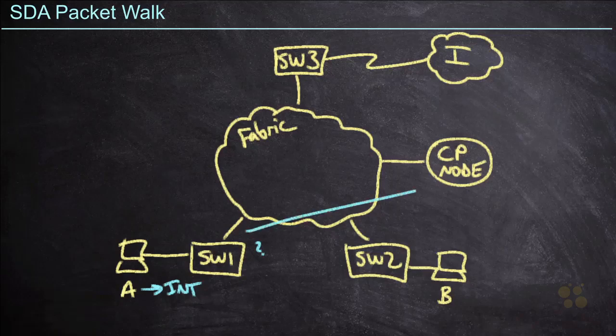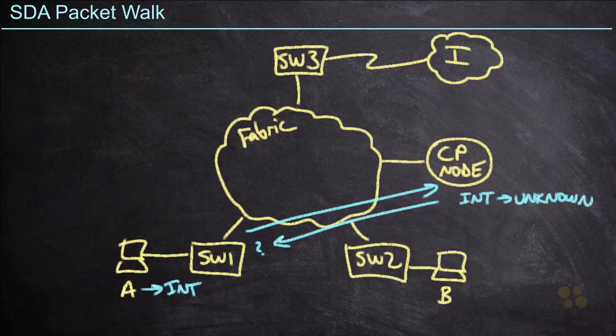What switch 1 is going to do is send that map request to the control plane node and receive a reply back. However, in the case where an IP address isn't part of our fabric, the control plane node will respond with the RLOC of the appropriate border node. Now, because this destination is on the internet, it's unknown. We do not know where this IP address lives, and so the control plane node is going to send back the external border node's RLOC. That means that switch 1 is going to go through the exact same process, again, tagging in the SGT, tagging in that VNID, except this time it's going to send it via the tunnel to switch 3, our external border